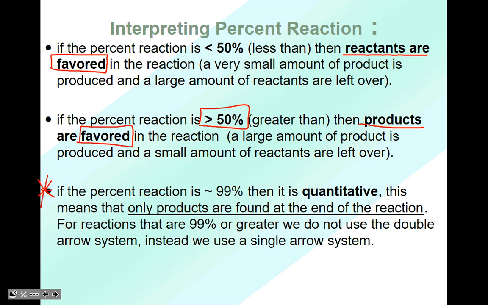If the percent reaction is about 99%, then it is quantitative. Then there's only one arrow, kiddos, and it's the forward reaction. This means that only products are found at the end of the reaction. For reactions that are 99% or greater, we do not use the double arrow system. Instead, we use a single arrow, saying that this equation only produces products, like a hydrocarbon combustion reaction. There ain't no way, no how, it's going back to the original hydrocarbon or the fuel,